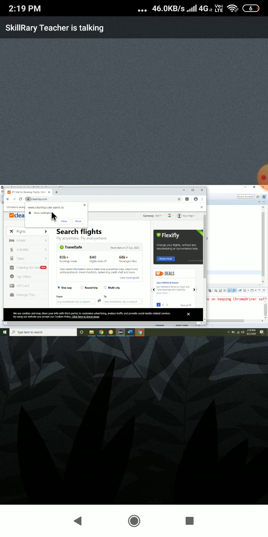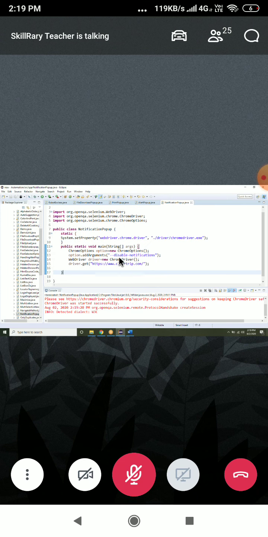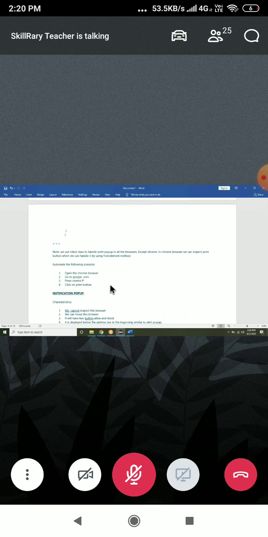There is no text. This show notification is the only thing, from google.com. No, we cannot get the text. We don't have the option.